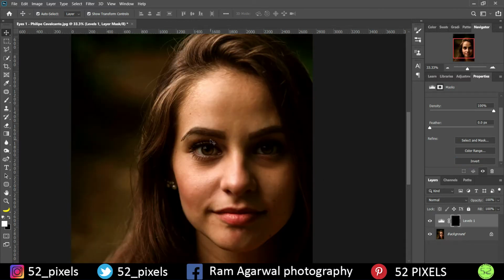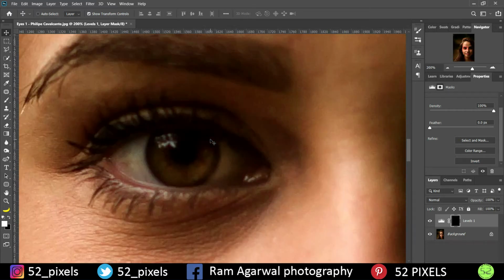So now I can work in the specific regions that I want to work with, that is, in particular, the eyes. So now I'm going to use this brush. Make sure that you are working with this mask. Now use this brush and choose the white color, because only using white are we going to get the edits seen.